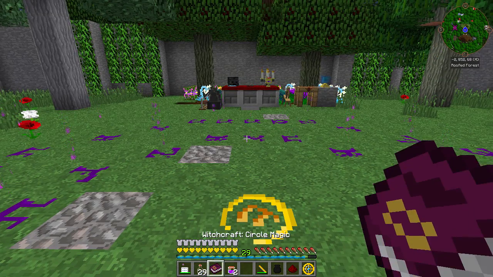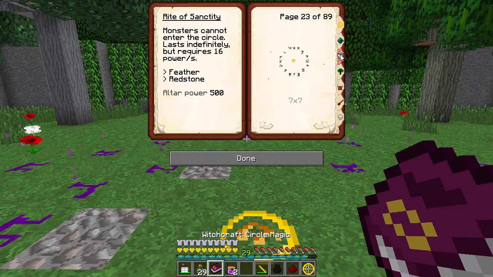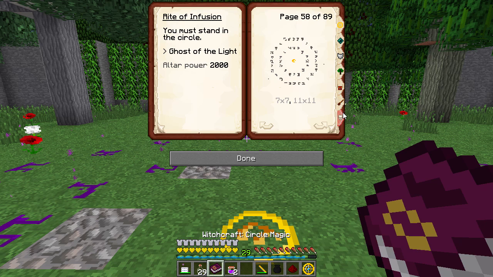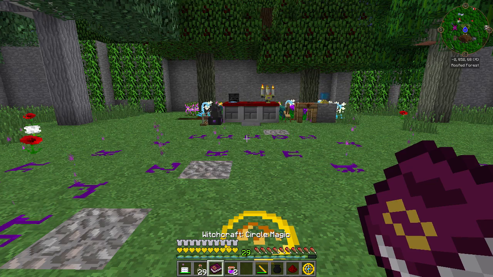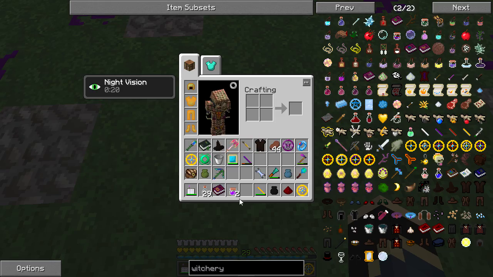I think that is it. Let me just double check. Where are we? Where's the infusion stuff? I have no idea where to find the infusion stuff. There we go. Ghost of the light. Soul of the world. Spirit of the otherwhere. So yeah, 11 by 11. Stand in the circle. Doesn't say it has to be day or night, which is pretty cool. And yeah, it's just a case of...